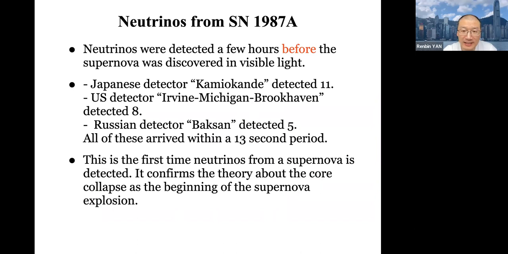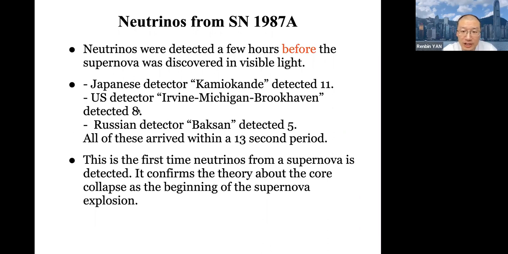And during that supernova 1987, we observed the neutrinos from that supernova. Neutrinos were actually detected first, before the supernova was discovered in visible light. Because when the light first brightens up, we didn't see it immediately. But neutrinos were detected first. Neutrinos have very little mass, so they travel at nearly the speed of light. So they reach us at the same time as photons reach us.